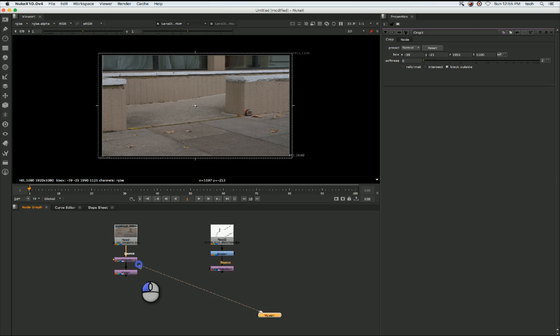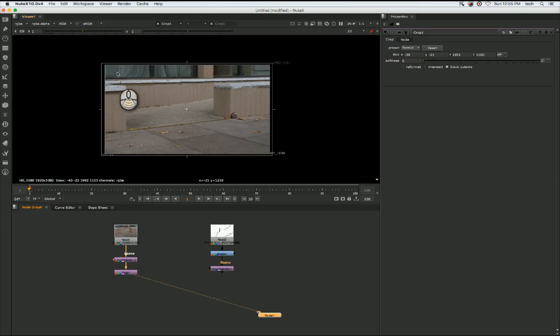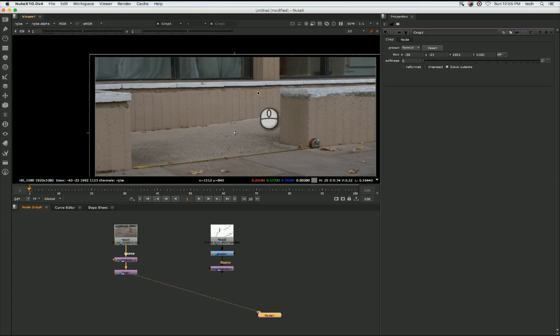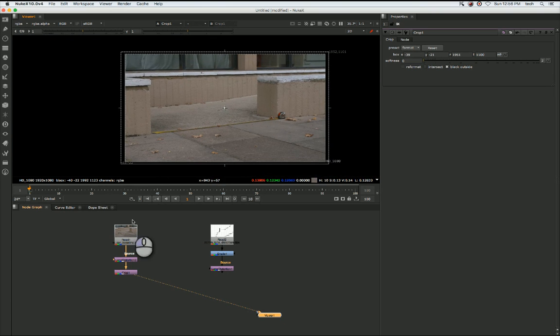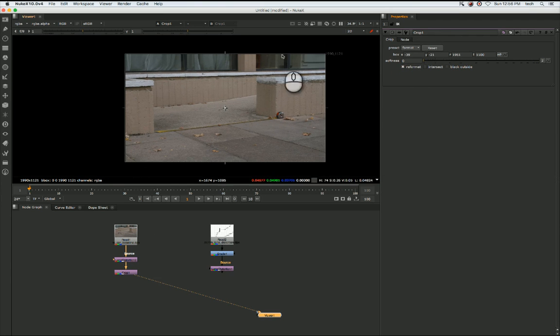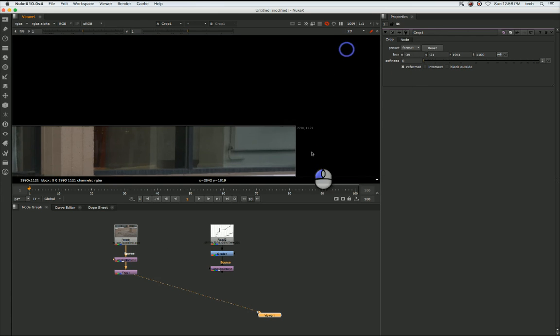So we've got this crop, and if I now look at my crop node here, this line is now fitting this dotted line, but I'm not seeing my footage any bigger than it was originally. So what we actually have to remember to do is, in this crop node property up here, make sure we've got this reformat selected here. So that will now recrop this essentially to this full resolution. And up the top here we'll have this value,